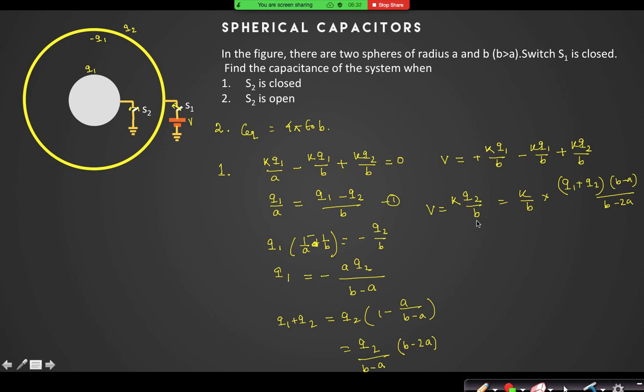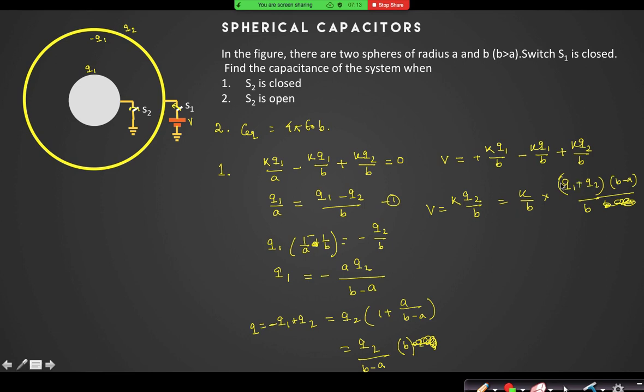Sir, why did you find Q1 plus Q2? What is the charge sent by the battery? Is it only Q1 minus Q2? Sorry. Charge sent by the battery is Q2 minus Q1. So minus Q1 means plus. Yes, that will be only B minus A plus A. That will be only B. Yes, I've done a mistake here. Good. So what is charge sent by the battery? Q is equal to Q2 minus Q1.